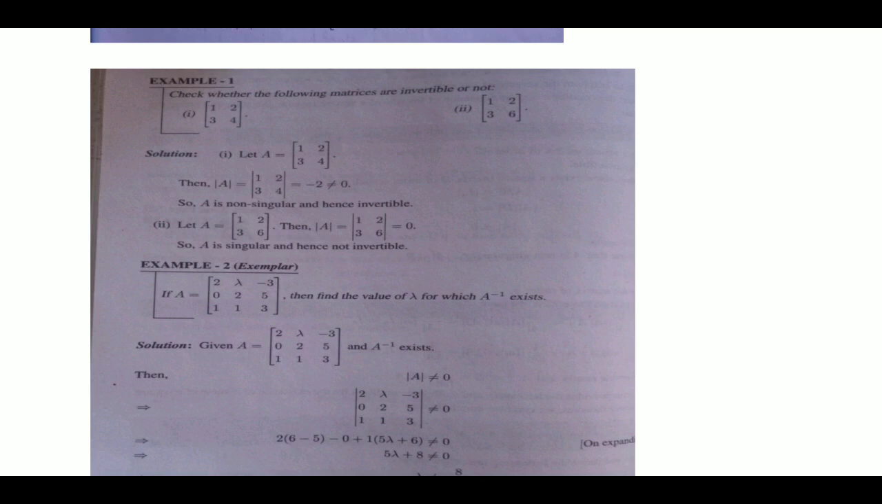Now there is another example. Check whether the following are invertible or not. How will you check? You will find the determinant value. If the determinant value is 0, then it is not invertible, and if it is non-zero, then it is invertible. And similarly,